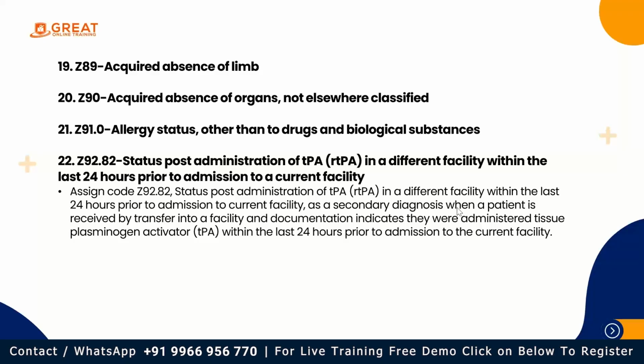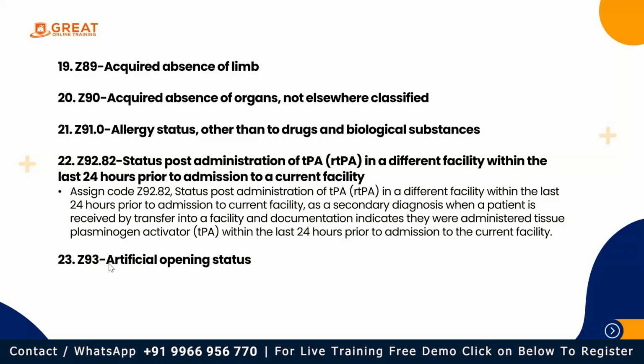Assign code Z92.82 as a secondary diagnosis when the patient is received by transfer into the facility and documentation indicates that they were administered tissue plasminogen activator, TPA, within the last 24 hours prior to admission to the current facility. So for status post administration of TPA, we have to use